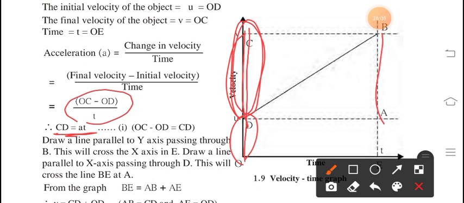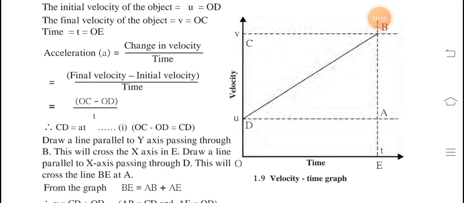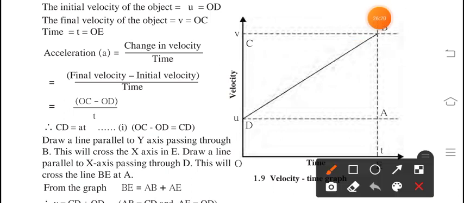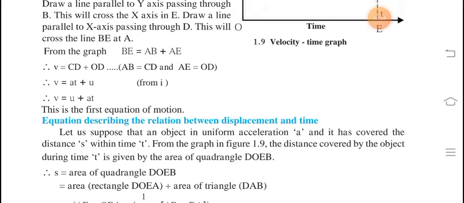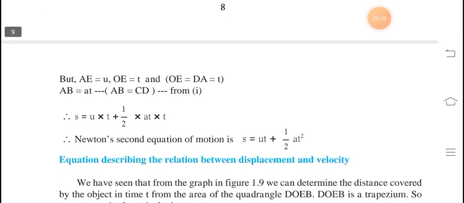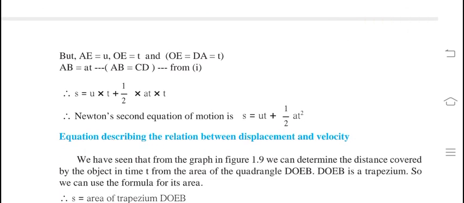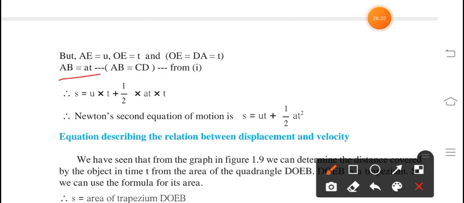If you are not getting this part, please message me. I will explain this part again and again. And this CD is equal to AB. So in the next equation, instead of AB, I am taking CD from this equation 1. AB is equal to CD, both are equal. Hence instead of AB I can write 80. So here you can observe, instead of AB I am writing 80, from equation 1.